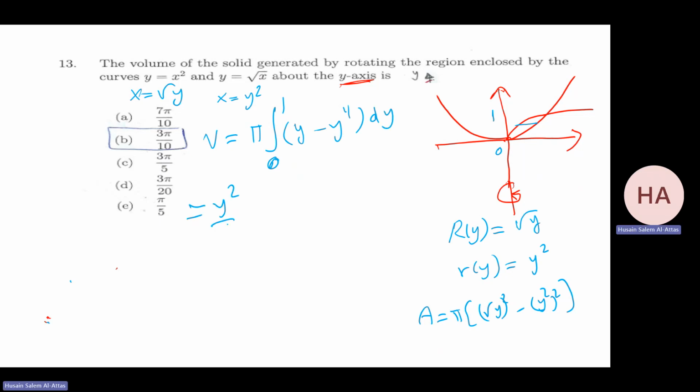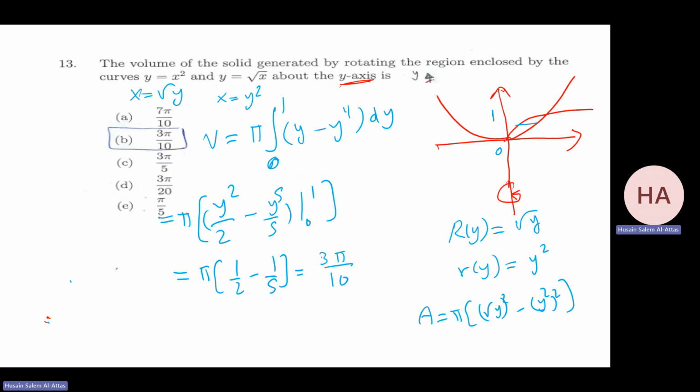That gives me y squared over 2. Y squared over 2 minus y to the power 5 over 5, from 0 to 1. That will be pi times half minus 1 over 5, 5 minus 2, that will be 3 pi over 10, which is